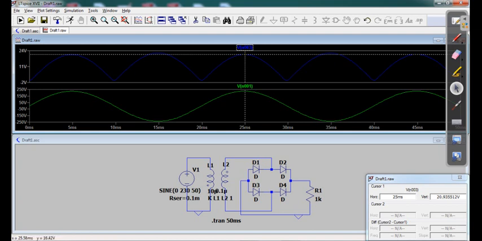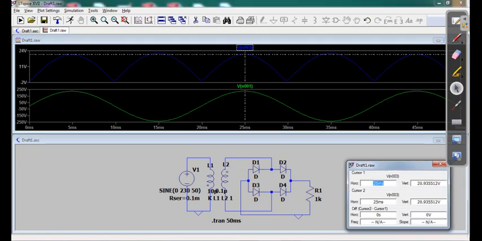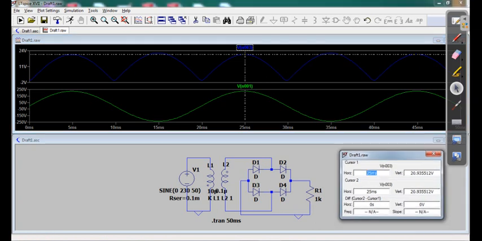Here if you click on it you see what is the maximum voltage you are getting at the output. At the output you are getting around 21 volt. It is expected to be 23 volt, some losses have already taken place. Then through the diode some voltage is also lost, around 0.7 volt per diode. For a particular direction two diodes will operate at the same time, so around 1.5 volt will be less. So around 21 volt you are getting at the output, the peak one, and you can see a lot of ripples are there.